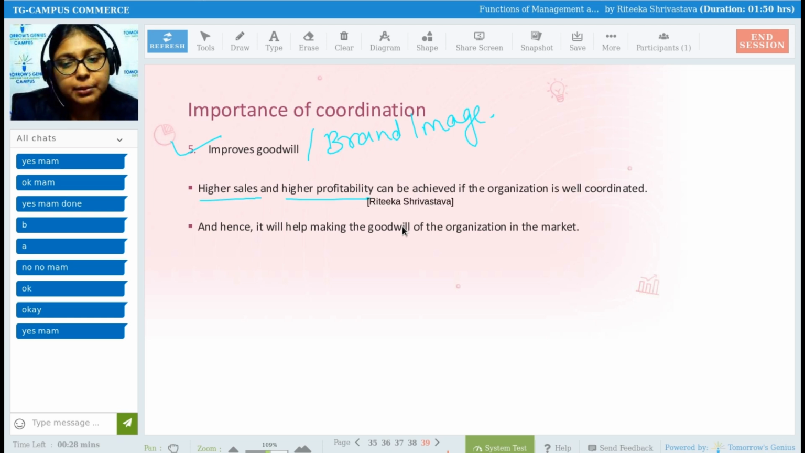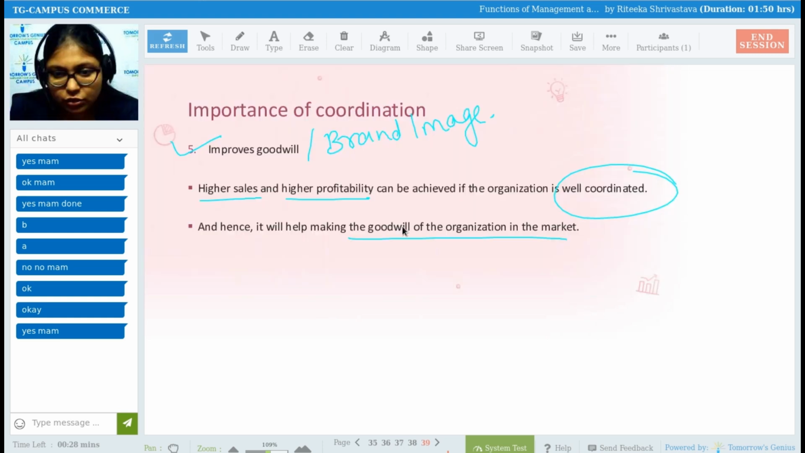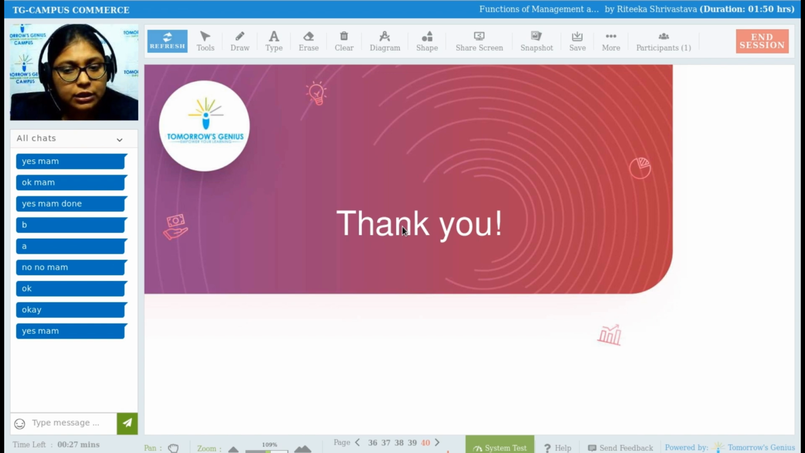So higher sales and higher profitability can be achieved if the organization is well coordinated. Hence, it will help make the goodwill of the organization in the market. The higher the sales, the more the profitability, more efficiency. That means the organization is working in a very coordinated format, in proper coordination, and hence you will get a good brand image in the market. So that is why coordination is